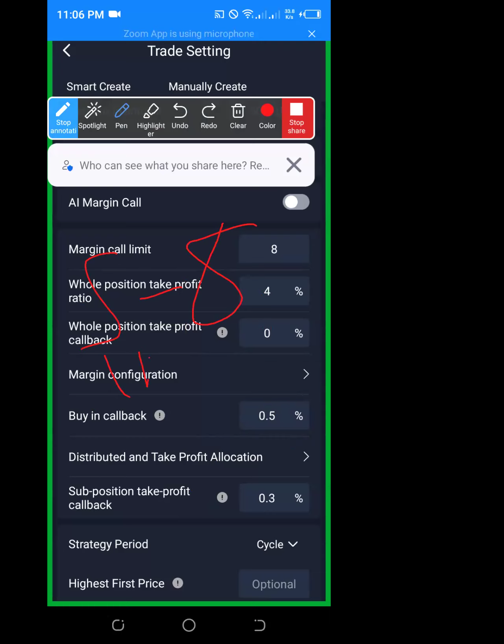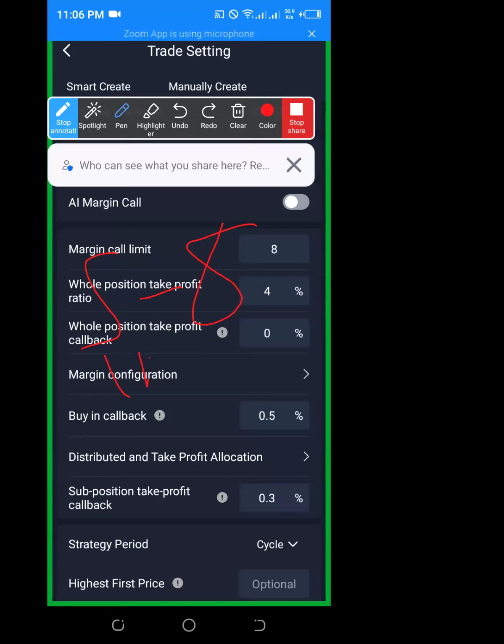At least you can say 20% of my capital, then the remaining 80% will go for sub positions. These sub positions are going to make good profits for you, especially when the market is bad. But you should always have good capital. The only way to enjoy the sub positions is by having capital and opening very many margin calls.